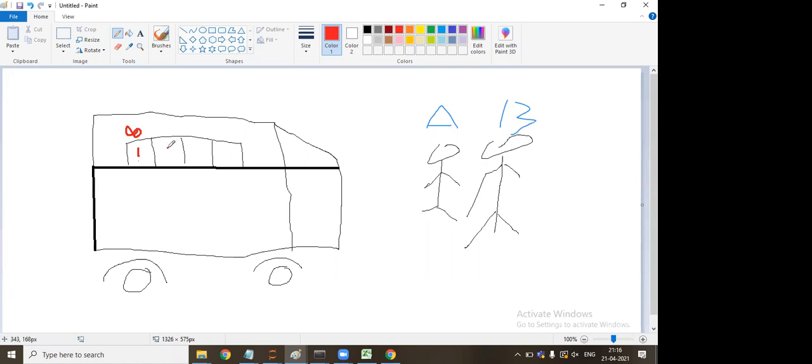He knocked the other window. He said, how much will you rate the bus? He says, I'll rate it 9 on 10. Then again, he knocked another window. How much will you rate? He says 8. Then he knocks another window and again the person says 9. Is it clear till now? It's simple. Yes, sir.